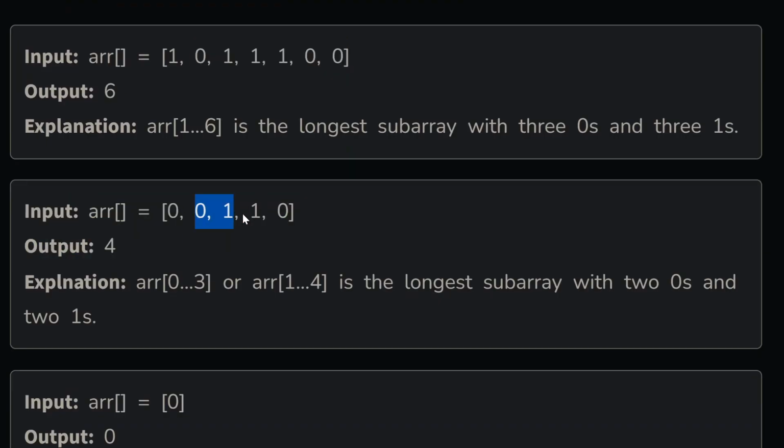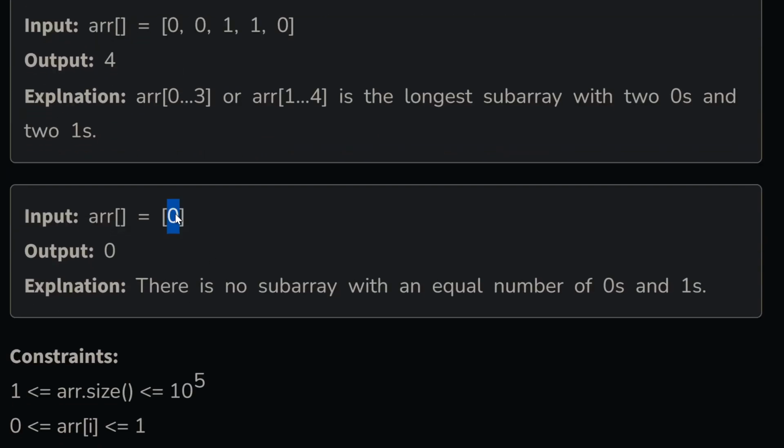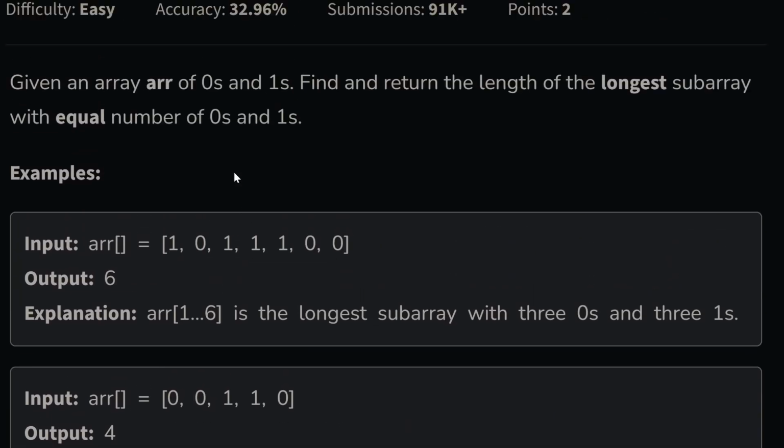Here this is one of the subarrays, this is one of the subarrays, and this is the largest subarray. We have 0, so the length of the longest subarray is 0. We need to return the length. Now let's build the approach. I will take this test case